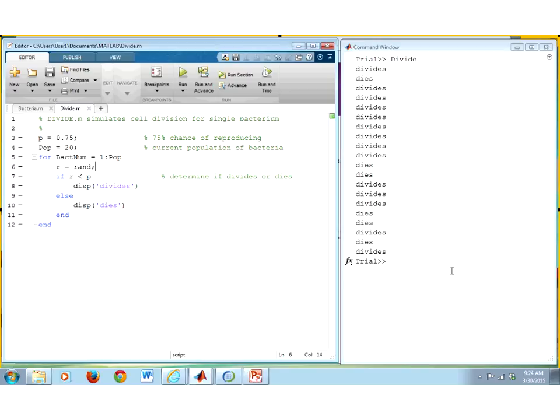And so we can scan through, but of course that may not be an efficient way to figure out whether we have 3/4 or not. It would be more efficient to actually count them. And of course we can do that by replacing our display statement with some kind of mathematical expression that simply counts how many divides and how many dies. And for that, we need a variable. So I'll use live